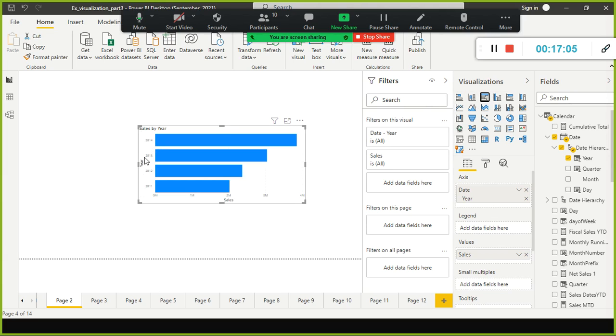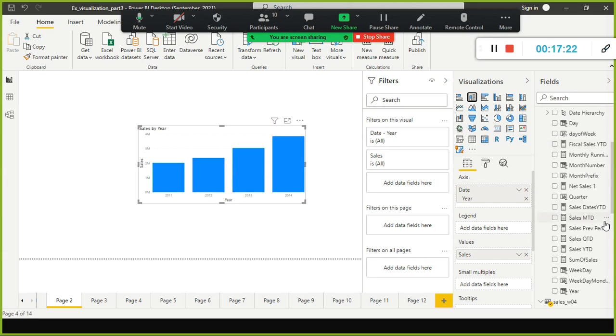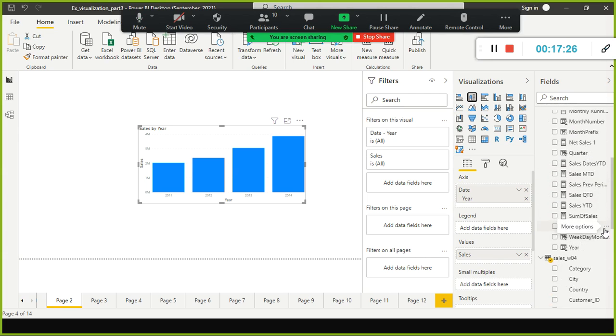In this case it is fine, but let's say you are plotting categories, category by sales. In that case, what will happen? The category names are very big. In that case, you can go for this one. Next one is stacked column chart. So you have stacked column chart. Anyhow, I don't have it, let me do one thing. I just put something like region.